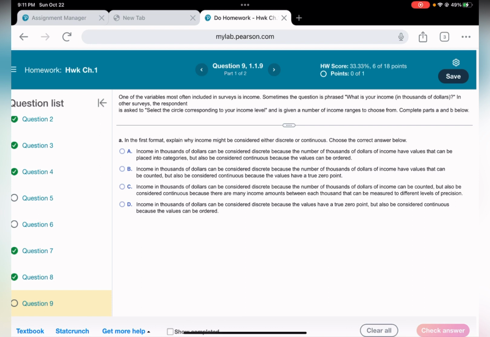And why it can be continuous, because people can have all kinds of income between each thousands, or money itself is continuous because there is measurement of money at any point. So I would say, let me see,